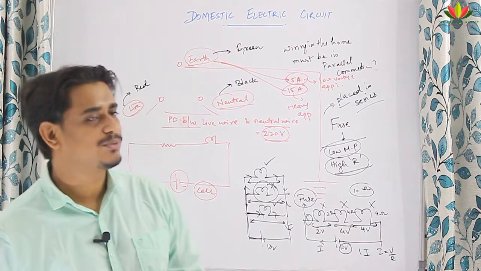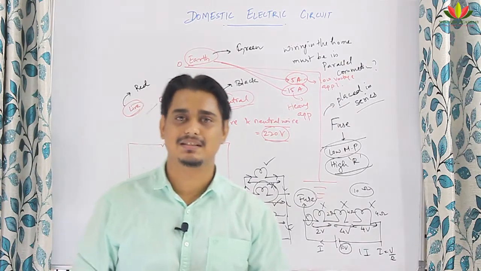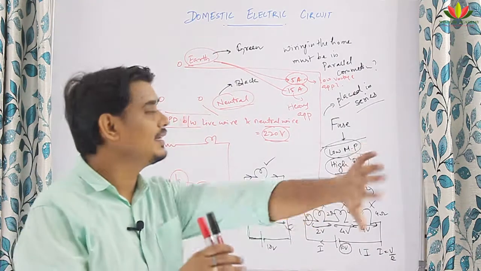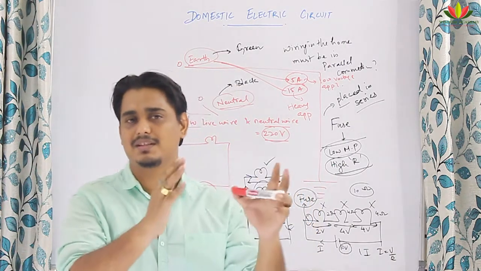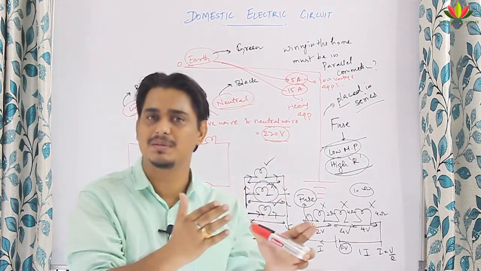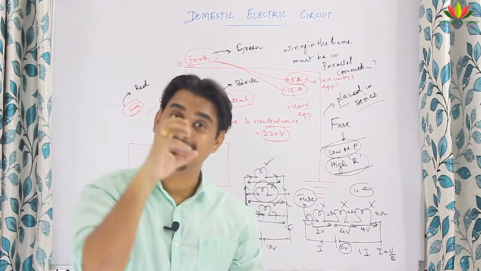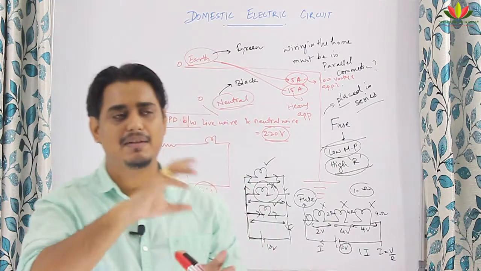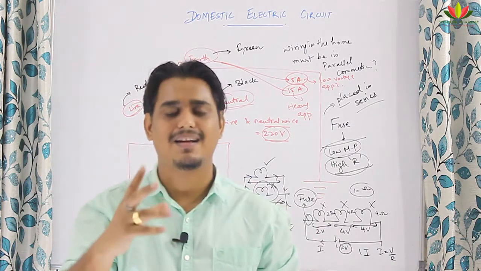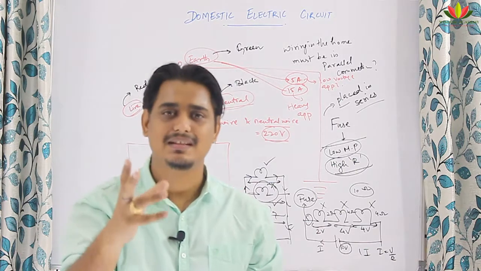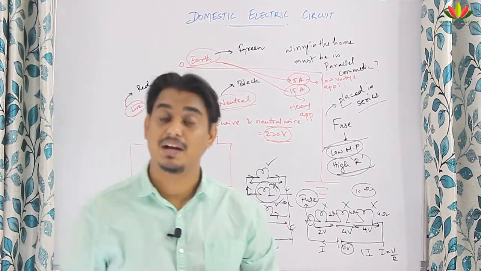So, what we have seen in today's class, I have just told in brief about what is a domestic electric circuit and how we do this circuiting. I told that there is a main switch from where the current starts to flow. In the main itself, one fuse will be there, and then parallel connection will be given to all the homes, whereas the fuse will be present in series. And as I said, there is a live wire, there is a neutral wire, there is an earth wire, live being red color, neutral being black color, and earth being green color, and how the current is distributed I told you in today's class. So, with this we come to an end of this topic.